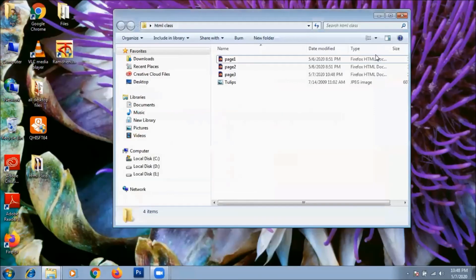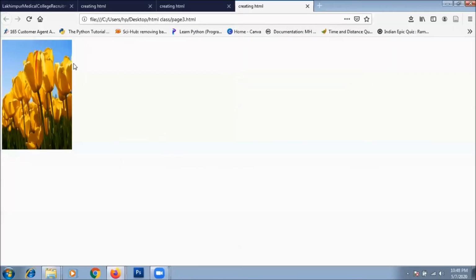Now close it and see what will happen. Double click on page 3, and if you bring the cursor over the image, the cursor symbol will change to a small hand, and once you see this, you will know that there is a link.